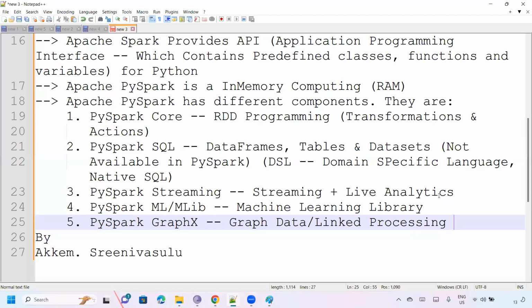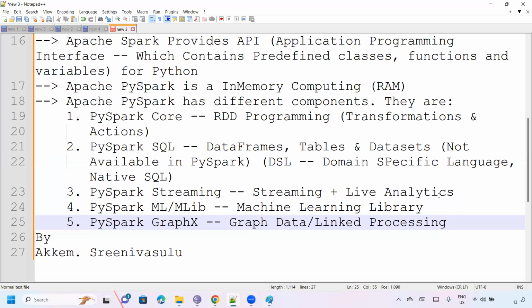In social media, assume one person joined and becomes a friend of a friend of a friend of your friend. Then you will get a friend request. Yes or no? Such kind of linked data we can process easily